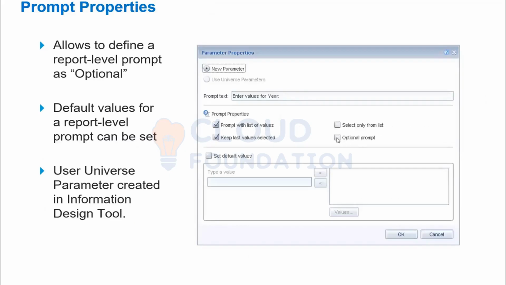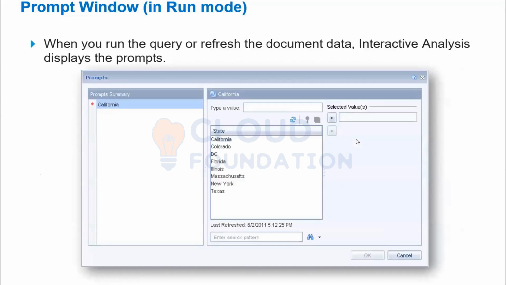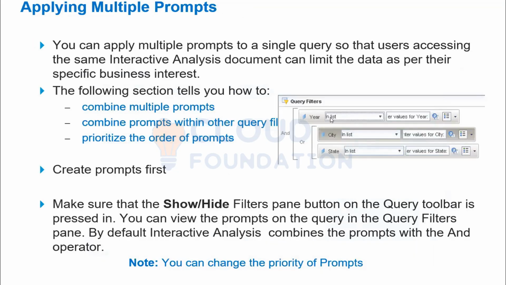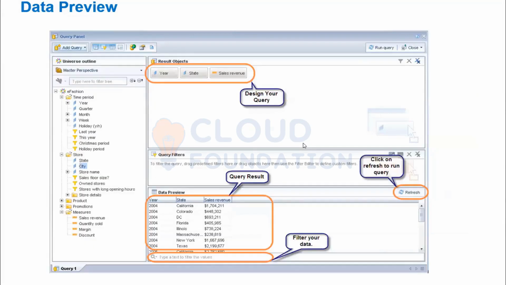If you check this under prompt properties, if you check this as optional prompt, you can give values or you can skip and run the report. If you don't check this option, it is always a mandatory prompt. How we can apply multiple prompts and how we can use AND or OR. These are the different options that, as I just told you,